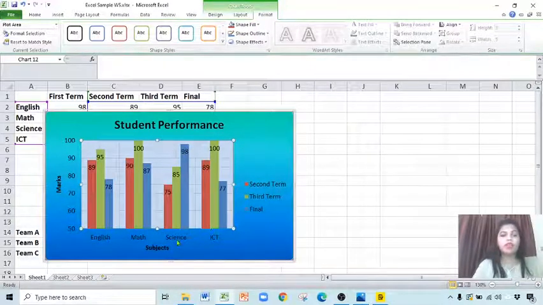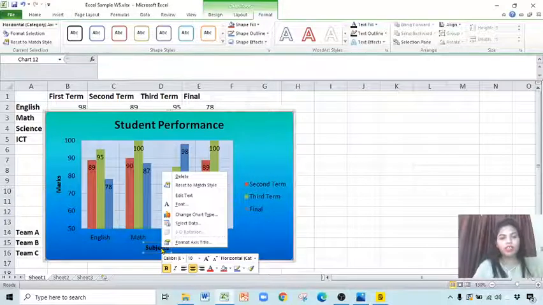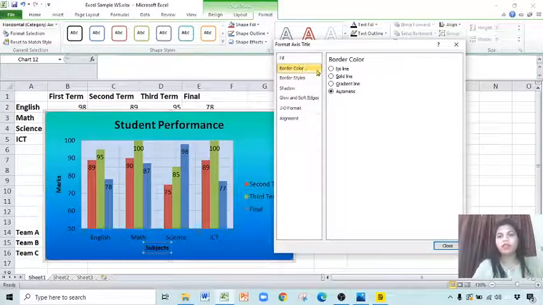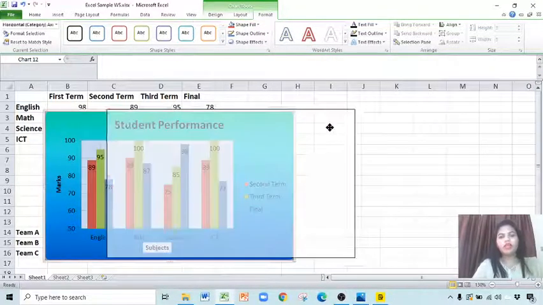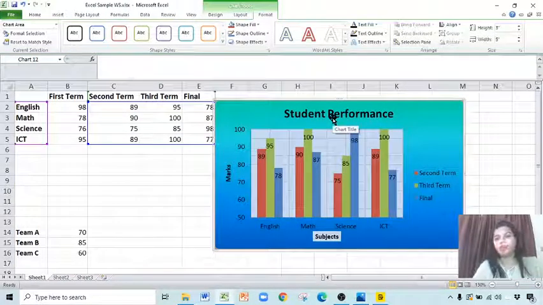Even if you want any specific series or title to be formatted, just right click on that, Format Axis Title. So you will get options for that specific axis. Now I'm just changing that one. Fill color, I'm changing to solid fill. Look here, now only this axis title is changed. So you can have different options for all these things. This is how you can insert the chart, and insert titles and different labels.